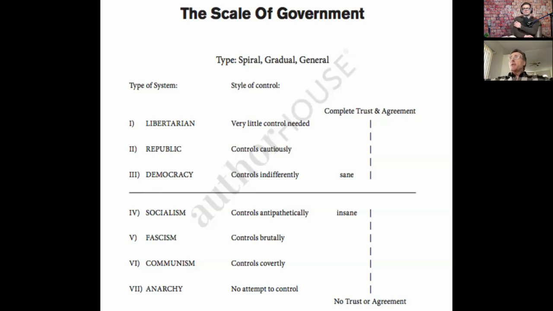So that's why we have riots. The disagreement and the distrust is so great that rioting goes on. Okay? That's an anarchic element, isn't it? So this is about trust and agreement. So think about this. Nazi Germany. How much trust and agreement was there in Nazi Germany? In case you haven't studied this subject, as I have, I'll tell you, very little.